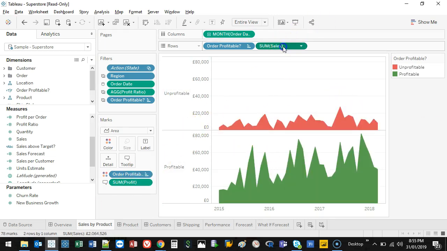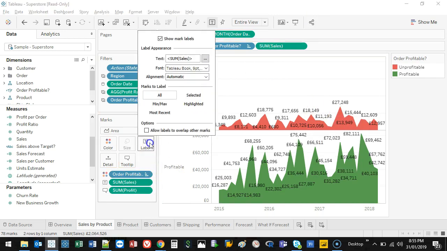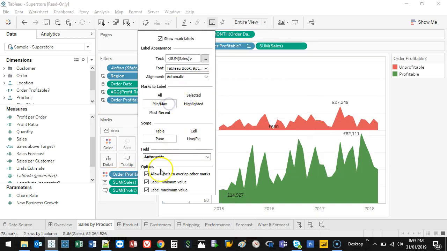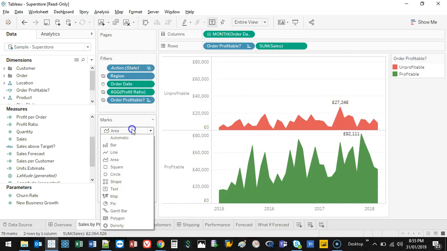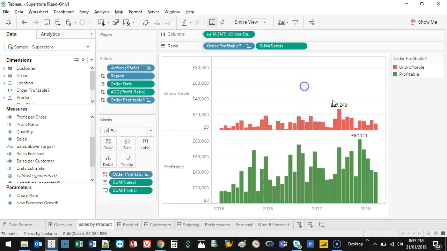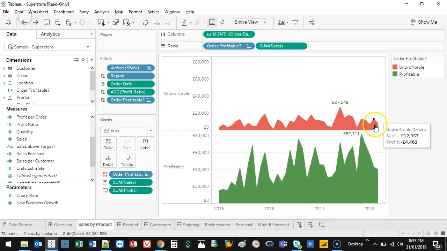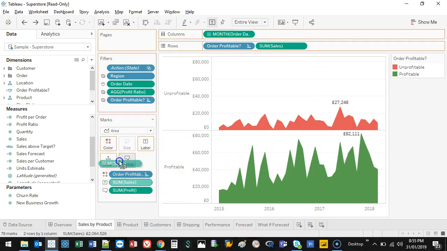And then also I'd probably add the labels here and show minimum, maximum, only the maximum, to say that something has happened here. Also probably make this kind of a bar. Oh no, actually I like the area one, right? To say, hey, look over here, something's going on here. Okay. And I would probably also,